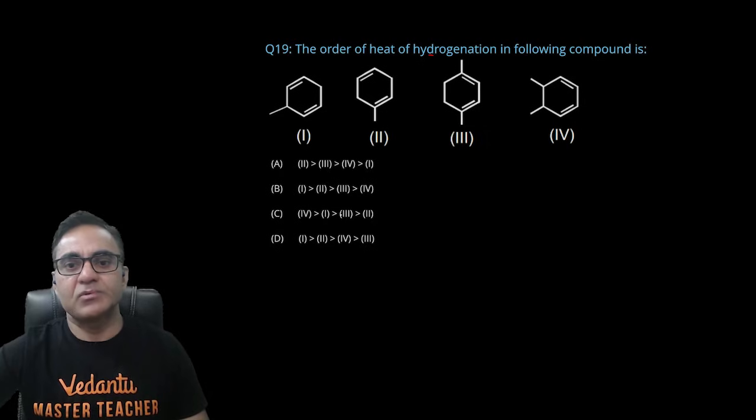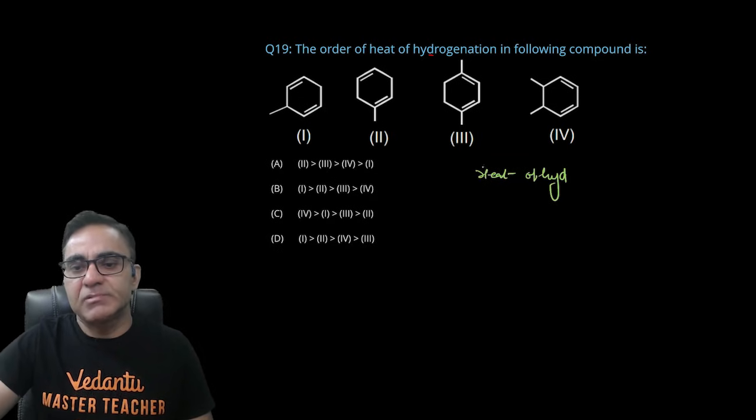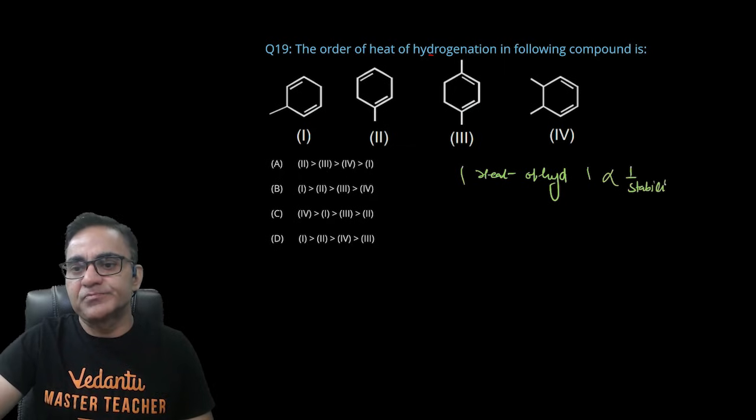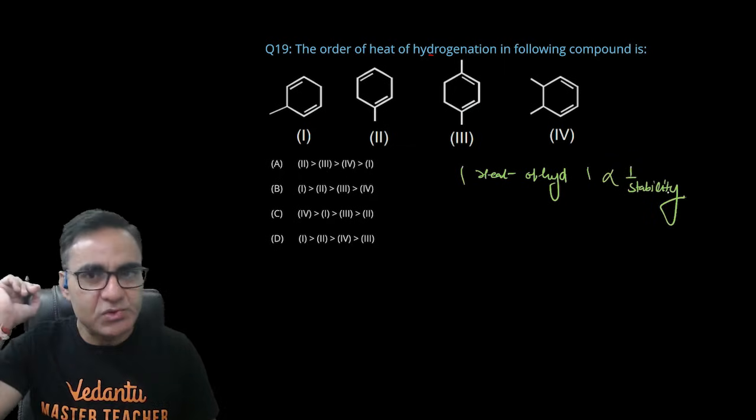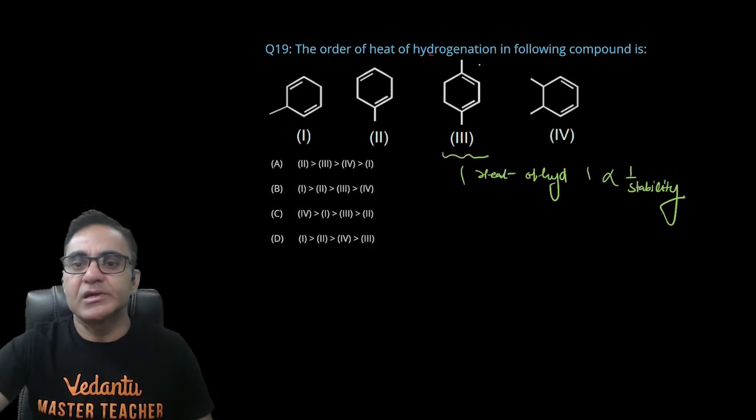In this question we have to compare order of heat of hydrogenation in the given compound। ठीक है, आपको पता है कि जो heat of hydrogenation होता है, मैं मैग्नीट्यूड की बात कर रहा हूँ, magnitude of heat of hydrogenation is inversely proportional to stability of alkene। जितना ज्यादा स्टेबल एल्कीन होगा उतना कम हीट निकलेगा। ओके, तो अगर मैं स्टेबिलिटी के बारे में सोचूं तो सबसे ज्यादा स्टेबल है थर्ड।